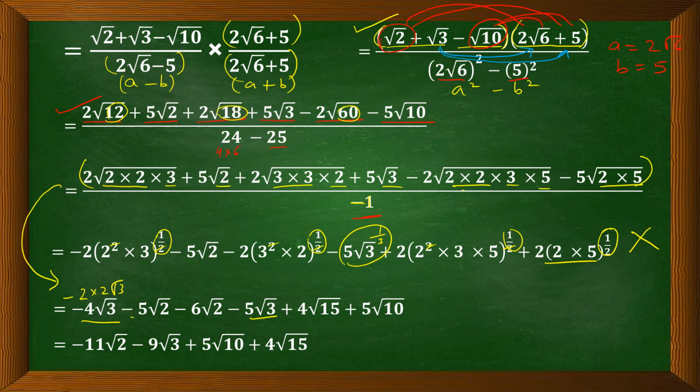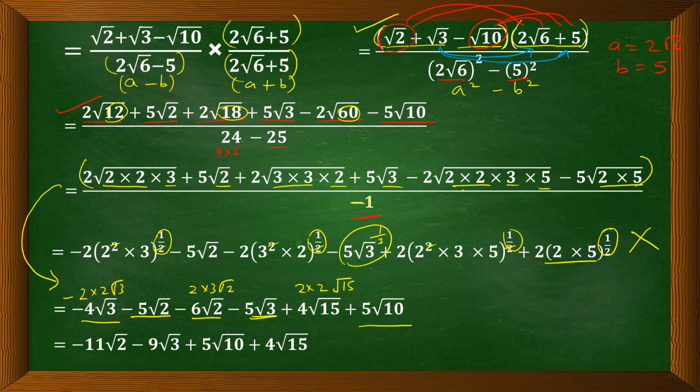Then plus will become minus 5 root 2. Now over here 3 into 3, take out one of the factors, so 2 into 3 root 2. So that is how 6 root 2 has come. Now 5 root 3 as it is, and then 2 into 2, again one of the factors outside, so 2 into 2, and inside we are left with 3 into 5, that is 15. Now over here 2 into 5, none of the factors are in pair, so let it be 2 into 5, 10. So 5 root 10 over here as it is, right?